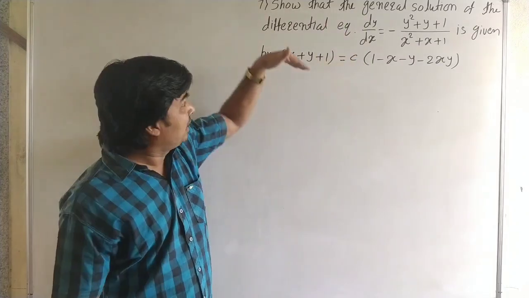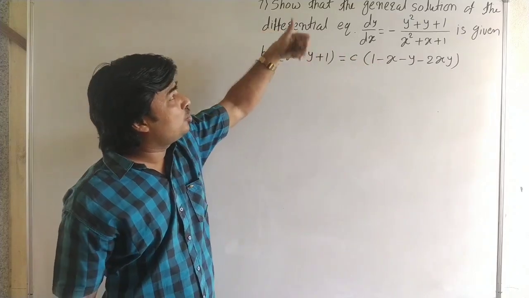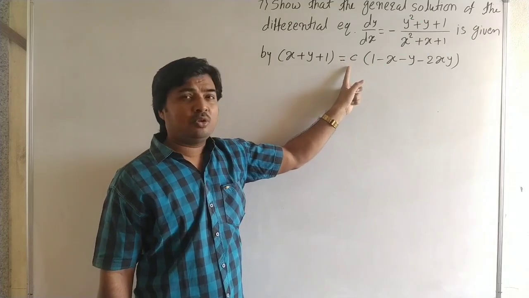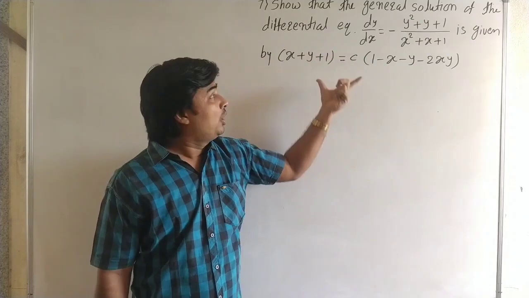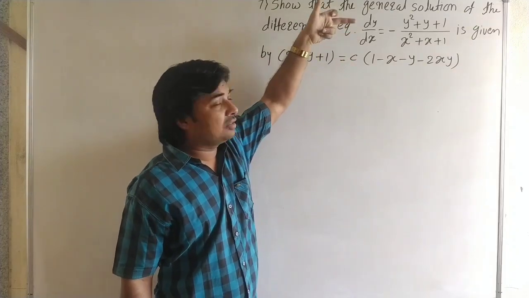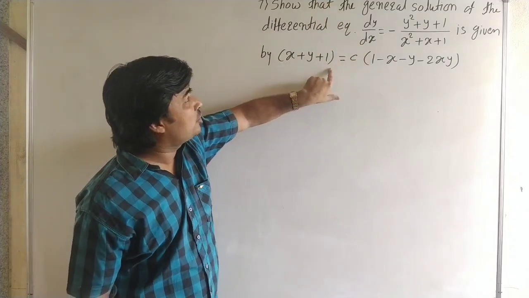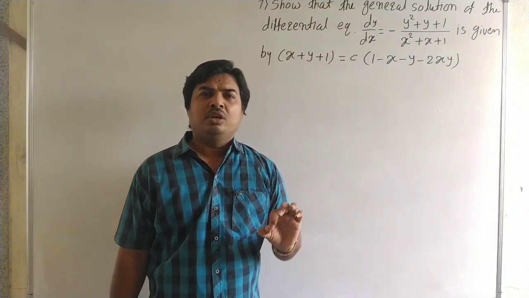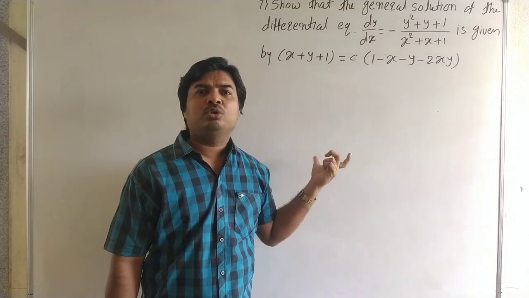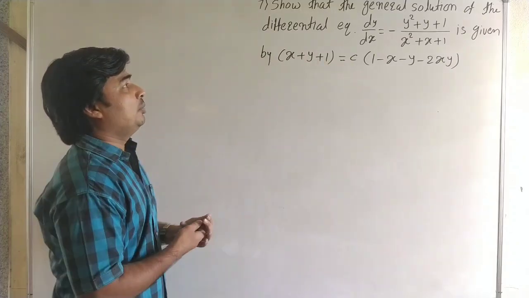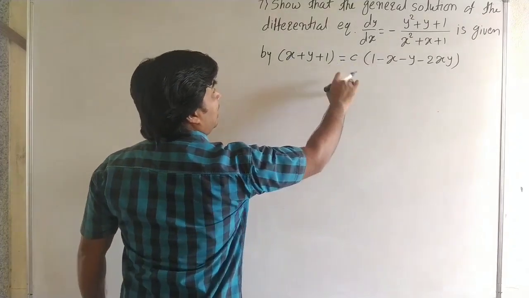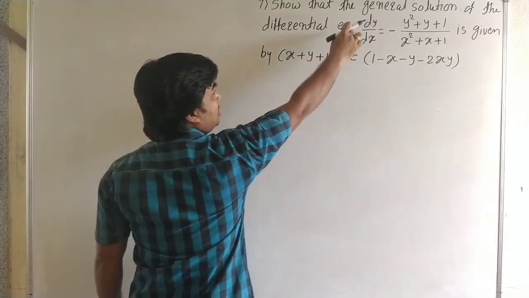Or the other method: the given expression is a solution of this differential equation. Here the given expression has one arbitrary constant, so we differentiate once. When we differentiate this expression and we get this differential equation, that means it is the solution of this differential equation. In the exam we solve by any one method. In this lecture we solve both methods of this example. First we take the given expression and get the differential equation.